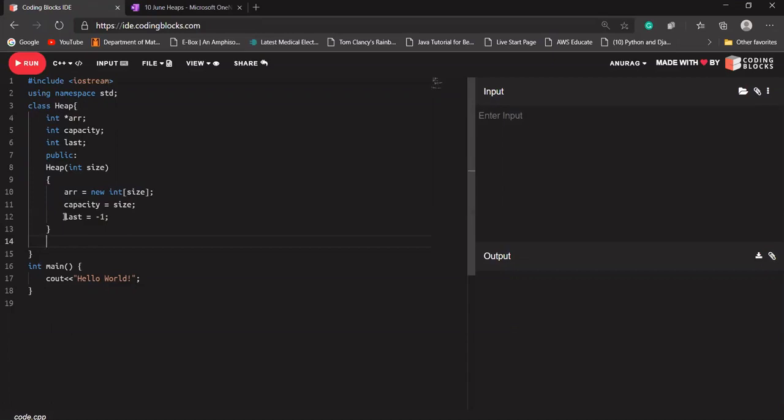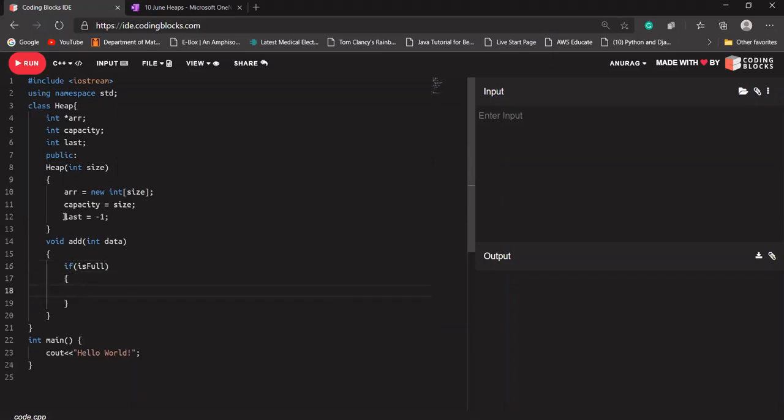So now I'm going to create a function so that I can add a value. Let's say if I want to add this value, data, to our heap, so I'm going to design an add function. This add function will first check whether our heap is full or not, because we are using an array.